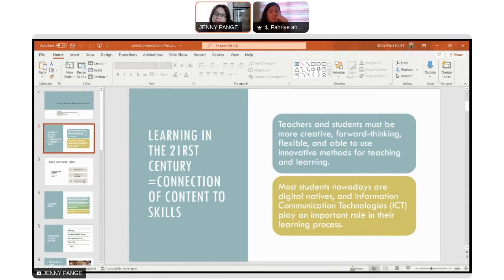Others say that teachers and students are more creative, forward-thinking, flexible, and able to use innovative methods for teaching and learning. Most students nowadays are digital natives, and information and computer technologies play a very important role in their learning process.